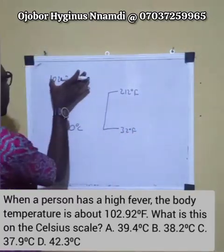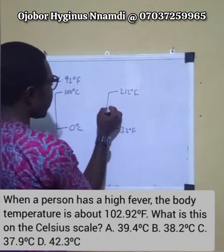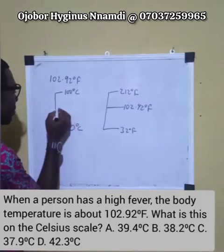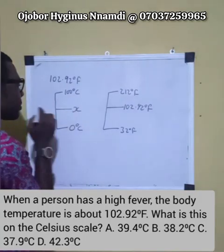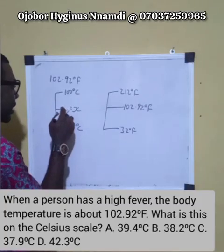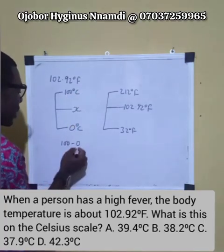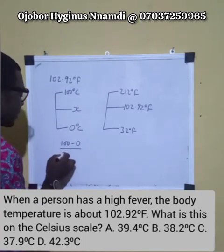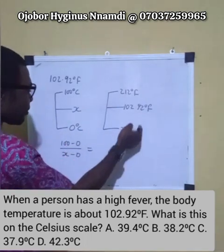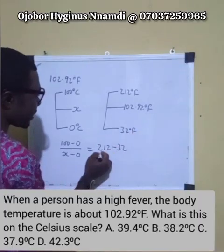So the body temperature is 102.92 degrees Fahrenheit, which is between 32 and 212. So if we say here is 102.92 degrees Fahrenheit, then its equivalent in degrees Celsius, we can call it X. What we are going to do is take the ratio of the differences in that order. So here, 100 minus 0, that is the upper minus the lower, all over X minus 0, the middle minus the lower. We do the same here, the upper minus the lower, that is 212 minus 32, over the middle one minus the lower again, that is